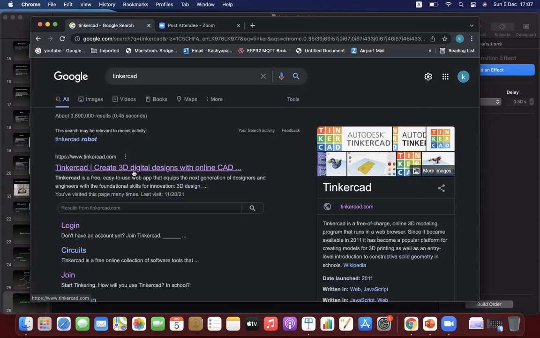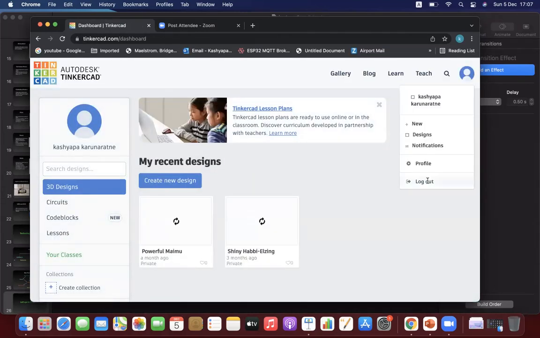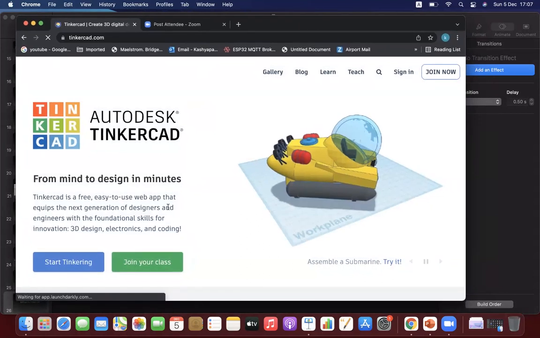Do I have to sign in? Yeah, wait, I will explain that part, right? So let me sign out. Let me log out. Right, so you all are getting a desktop like this, right?